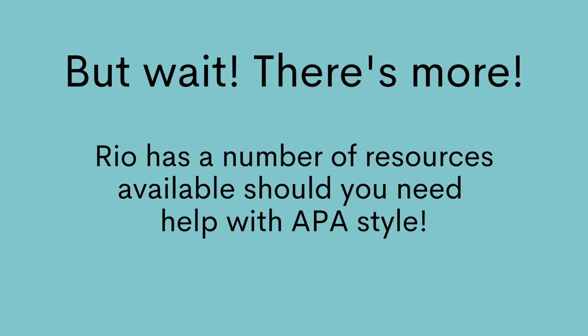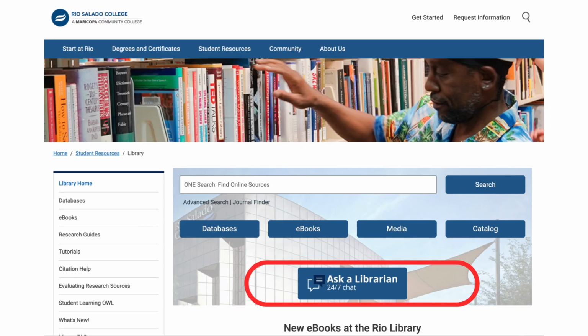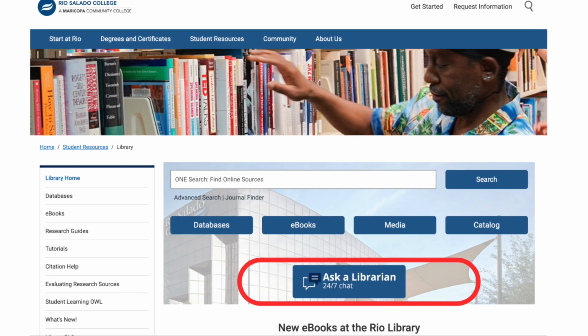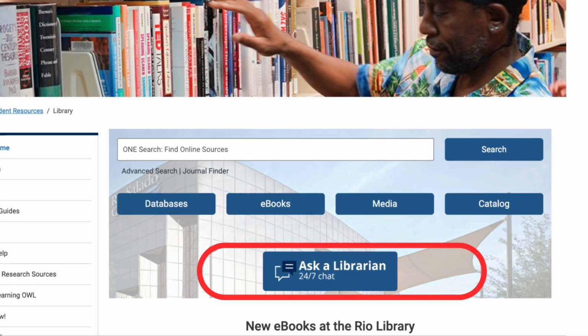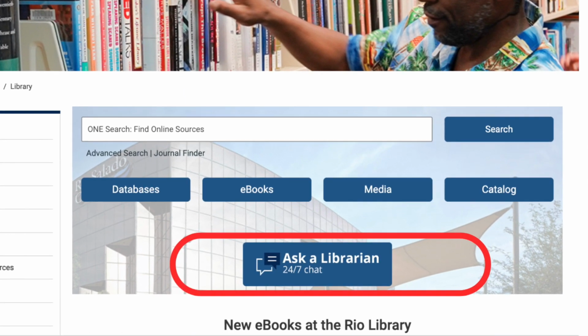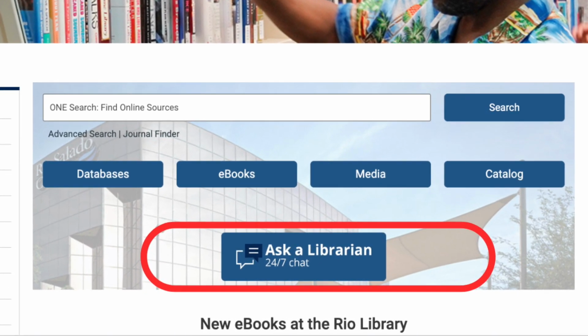I know this is a lot of information to take in and you might be feeling a bit overwhelmed. If you have any questions, there are several sources of help that I want to make sure you know about. Real's library has a 24/7 Ask a Librarian chat service available, where you can get help with citation questions. You can access Ask right from the library's homepage.